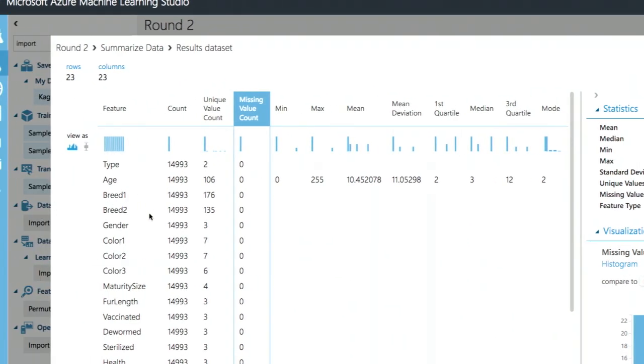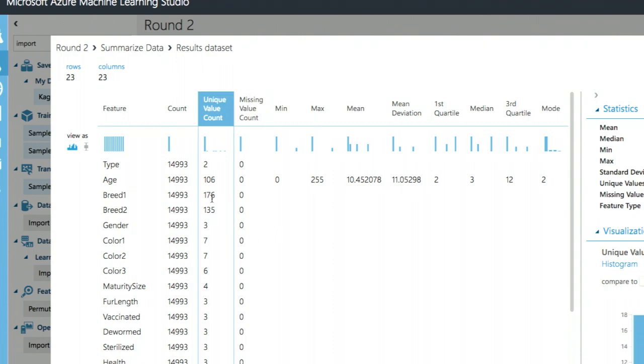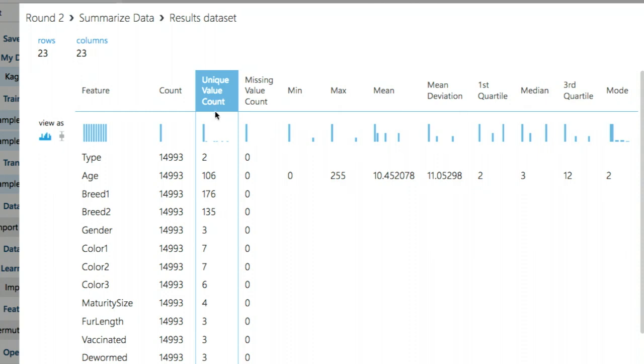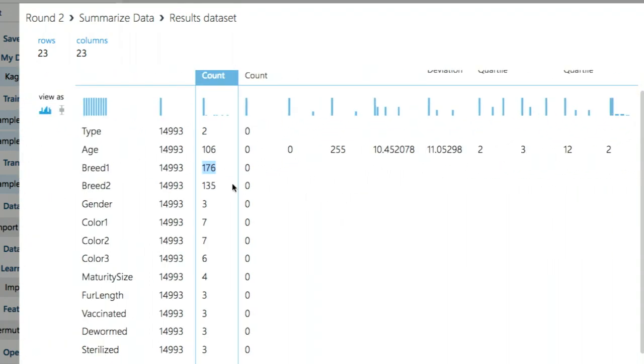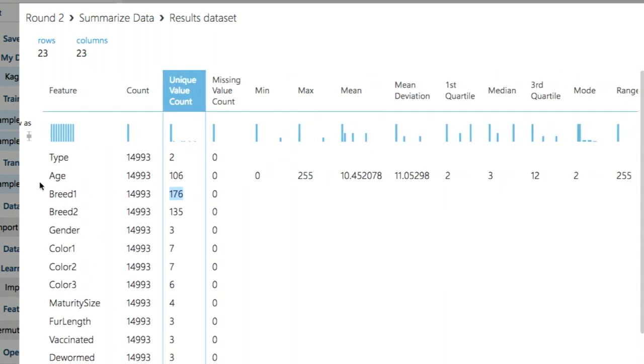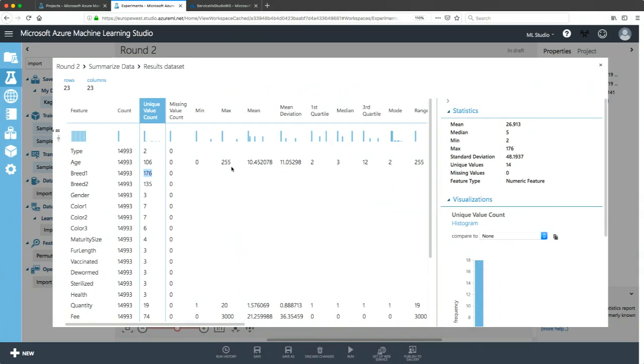Missing values are not good. We also see that we have a large data set of breeds. These are the unique values for breed 1, 176 breeds. But since it's a categorical feature, I don't get any statistics such as the distribution, such as percentiles, which I get for numeric columns, such as age.